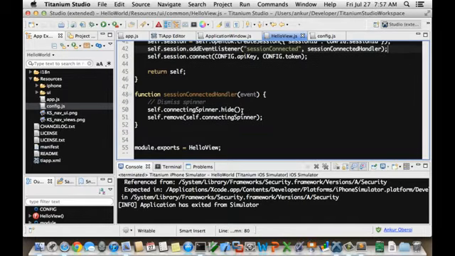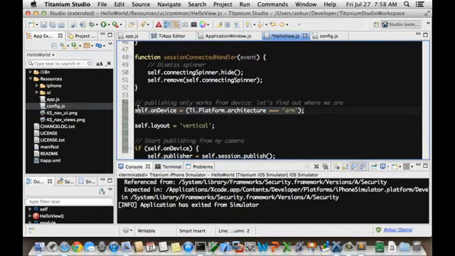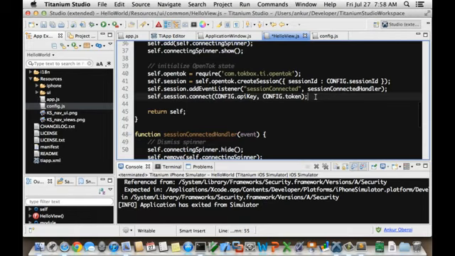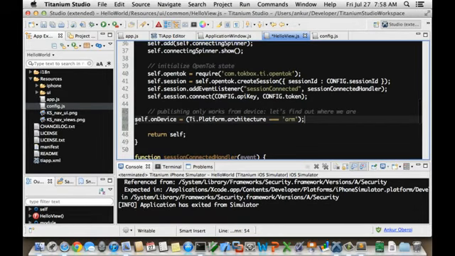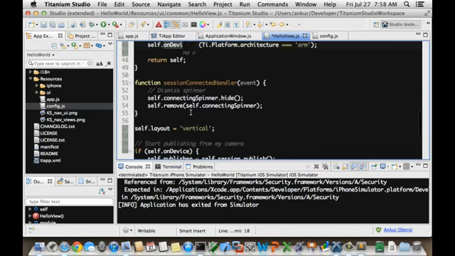One thing you need to know about publishing, though, is that it actually only works from a device, which means it won't work inside the simulator. So the first thing we need to do is to find out whether we're on a device or running in the simulator. And to do that, I'm going to add this little bit of code, which is going to add a true or false value called self.onDevice that we can check and look up. So the way that we actually do publishing